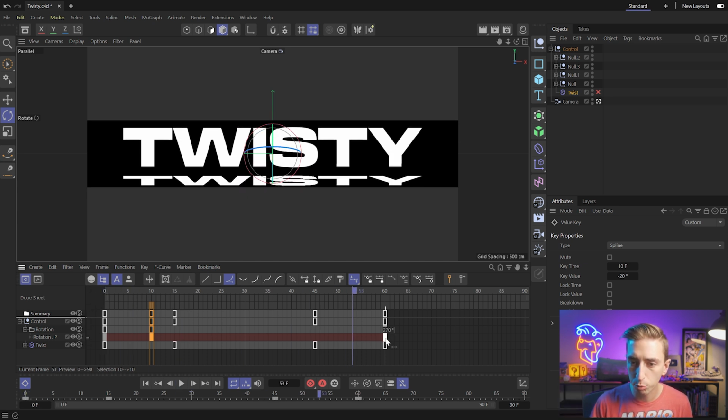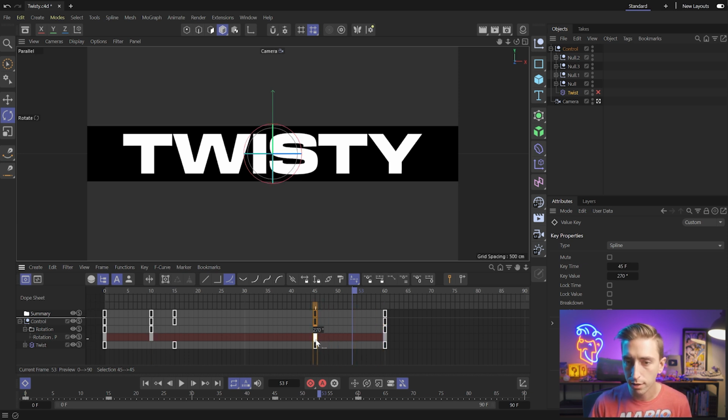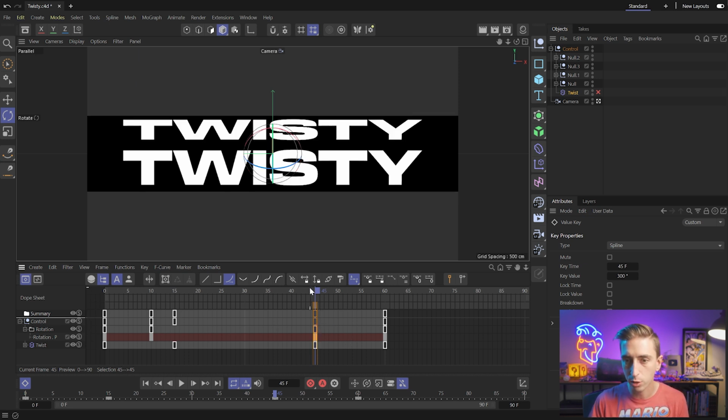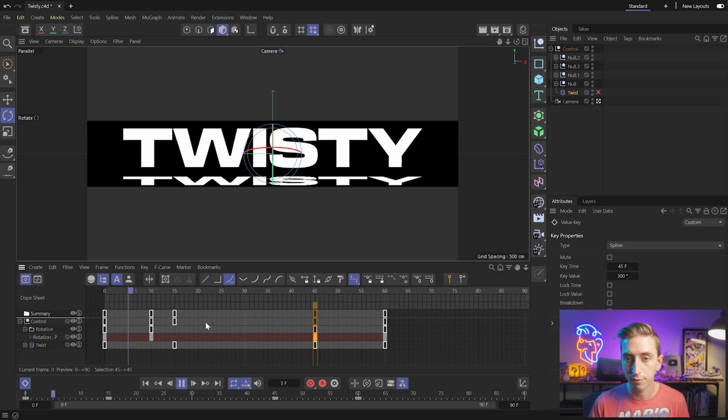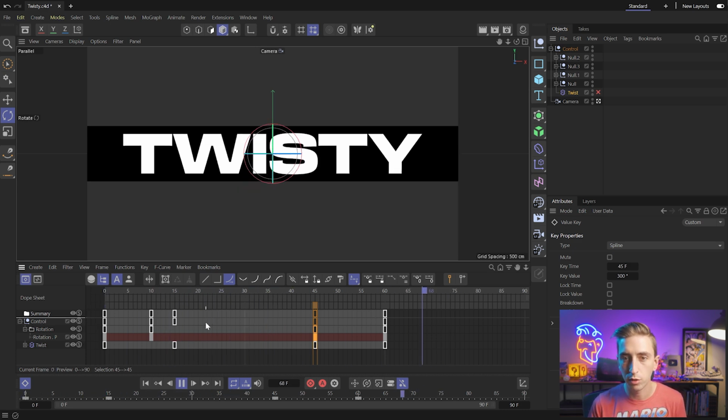And then let's just duplicate this keyframe as well, Control or Command click and drag it back to about maybe this 45 frame mark. And I want this to go forward past 270. So let's double click on that value and say 300, so that's 30 degrees past, and play that back. So because of all the default easing, if I play this back, it's all pretty smooth so far,